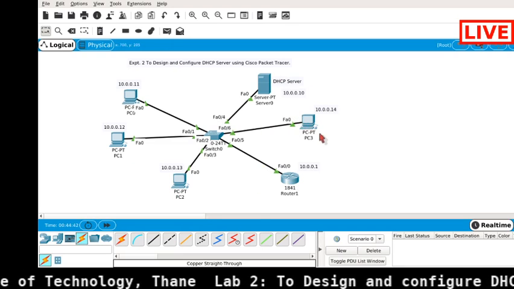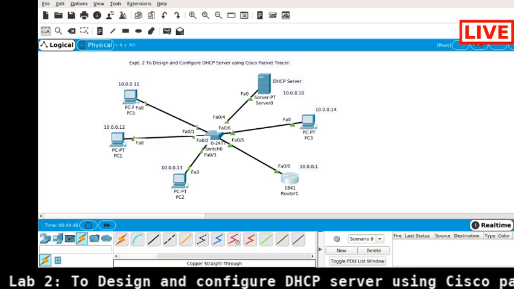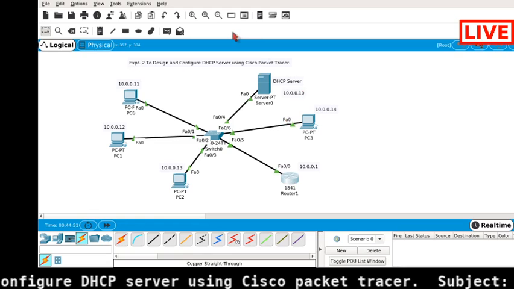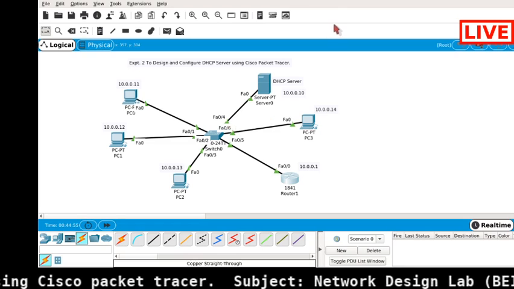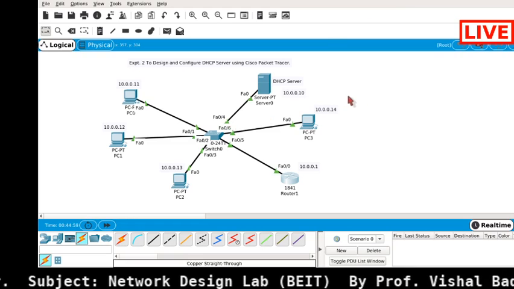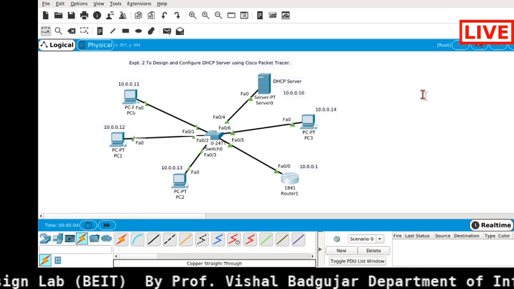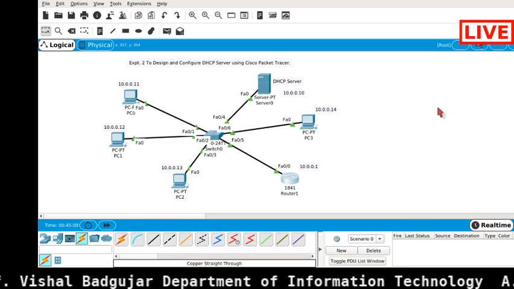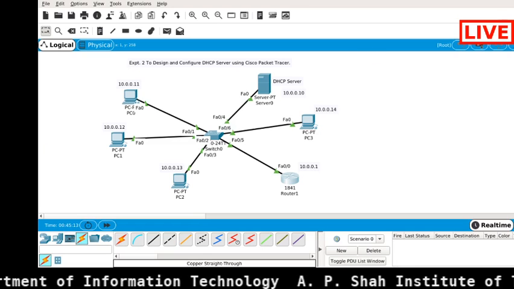And after that, whatever I have shown you, just double click on this particular router. If you double click on the router, go to the Config tab, and click on FastEthernet, there is an IP address mentioned. That IP address you need to give here, 10.0.0.1, and the subnet mask is again 255.0.0.0. Likewise you need to give